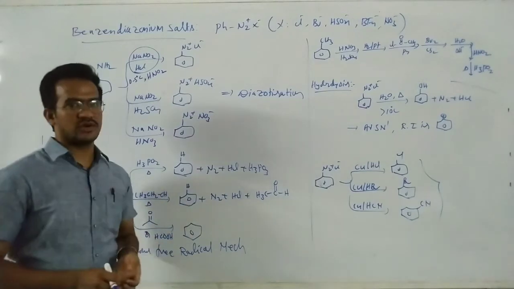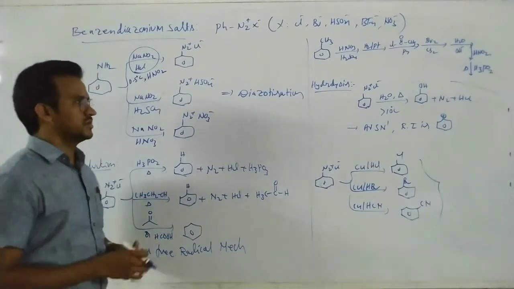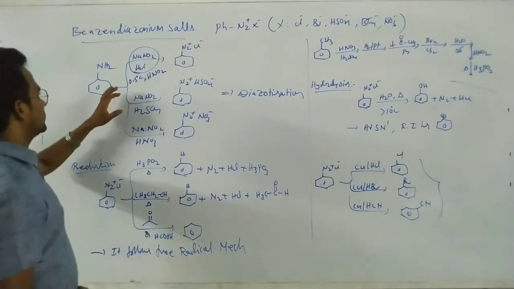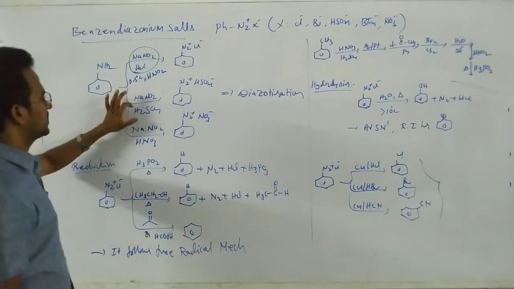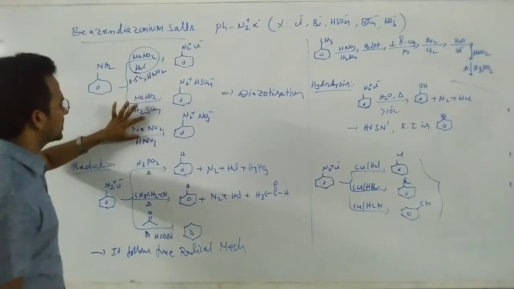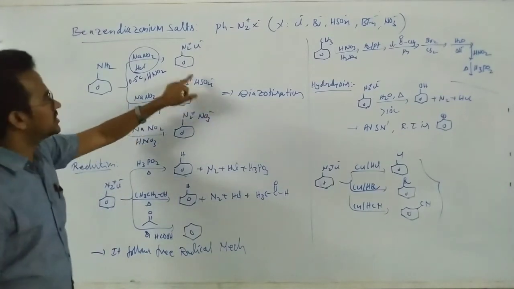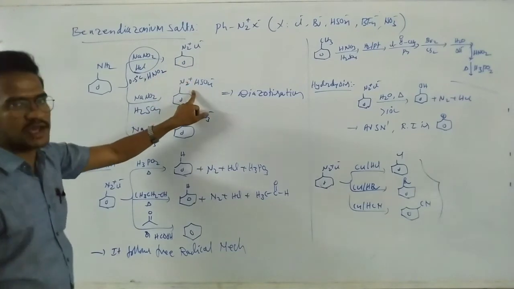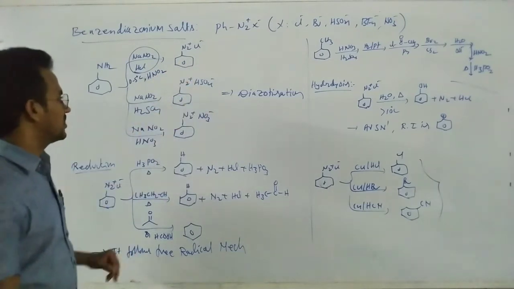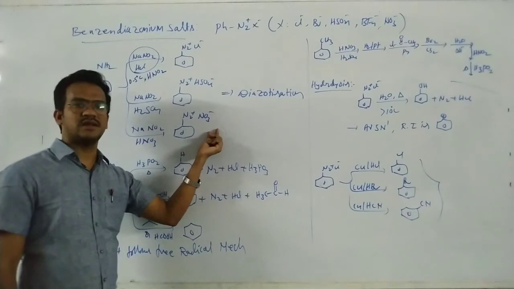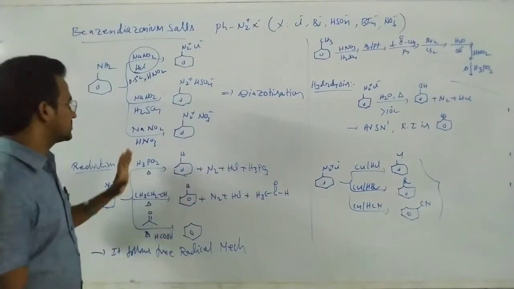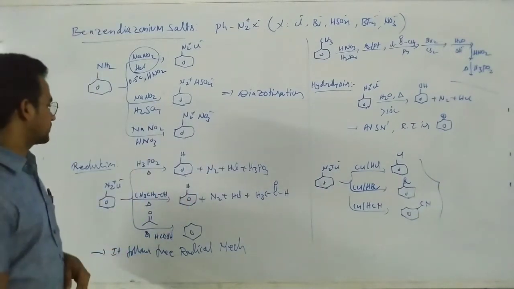For the completion of the diazonium salt, it needs another class. So we have NaNO2 and H2SO4. Again here, HCl actually, here H2SO4 acid. So in this case, N2+ HSO4-. It is a benzene diazonium chloride. It is a benzene diazonium bisulfate. It is a benzene diazonium nitrate. So that is the preparation of the diazonium salt.